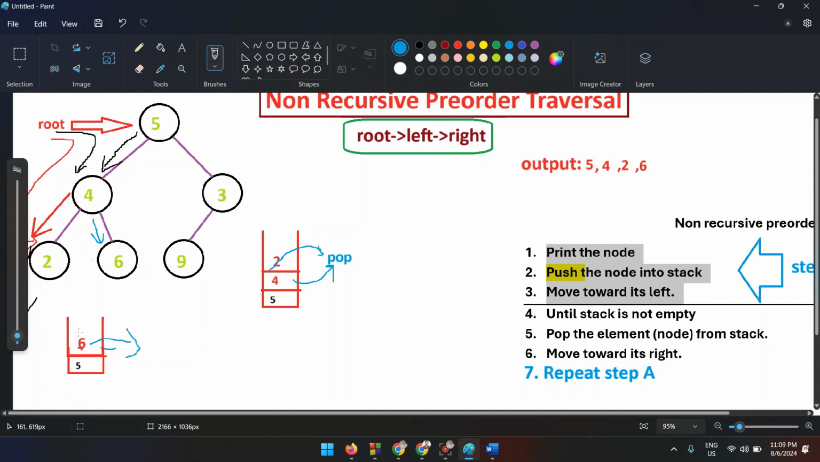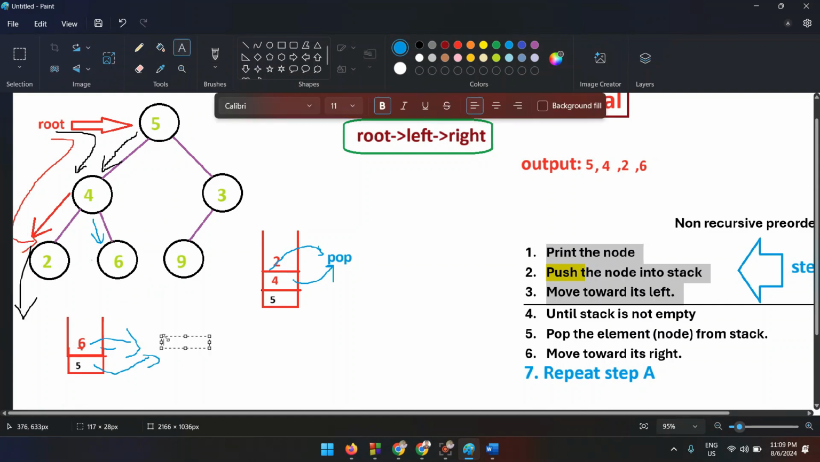If you pop that 6, your stack will again look like this, where you will have just a single element, which is only 5. So again I will do the same operation and pop 5 also. You are popping both the elements. So after popping, what do we check? We all the time check